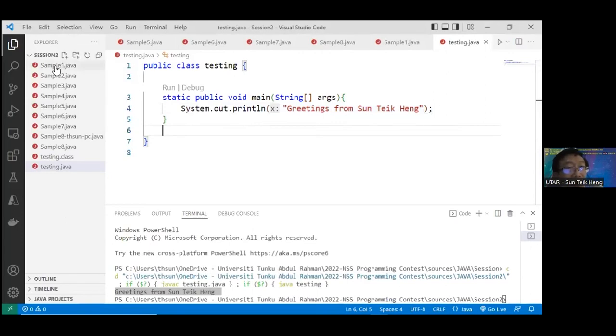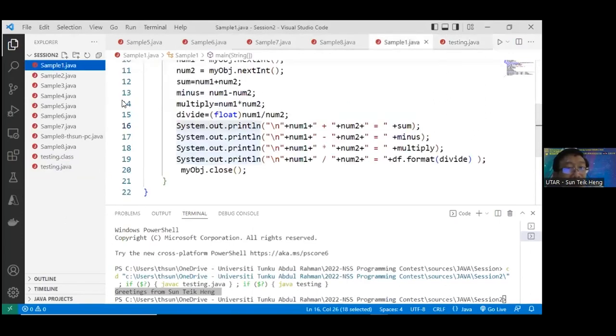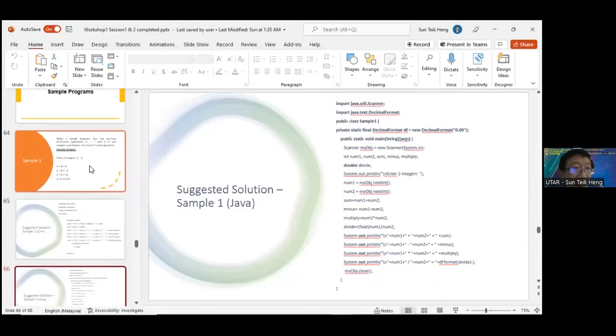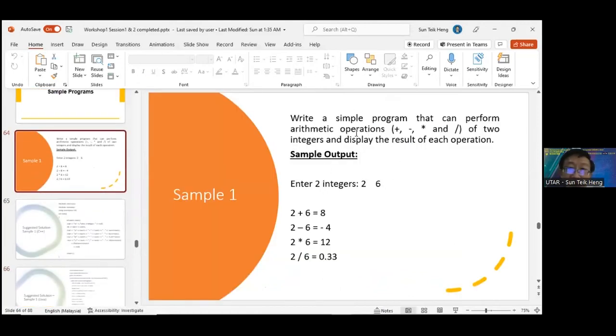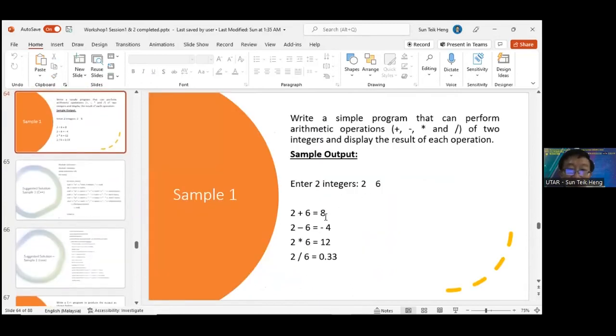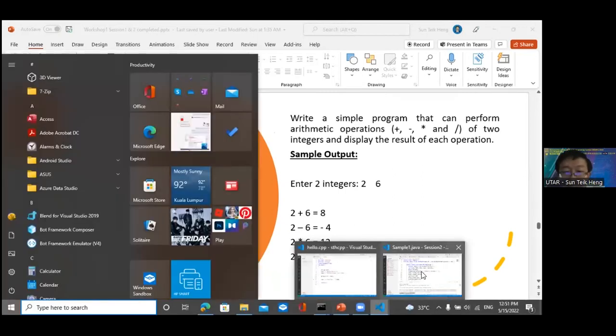So let us look at the sample one, .java. Using a Java program to achieve the same result for this question, your program will display "enter two integers:" and then accept two integer numbers from the user, and then your program will perform the computation for the addition, subtraction, multiplication, and division, and show the result. Okay, so using a Java program to do it,